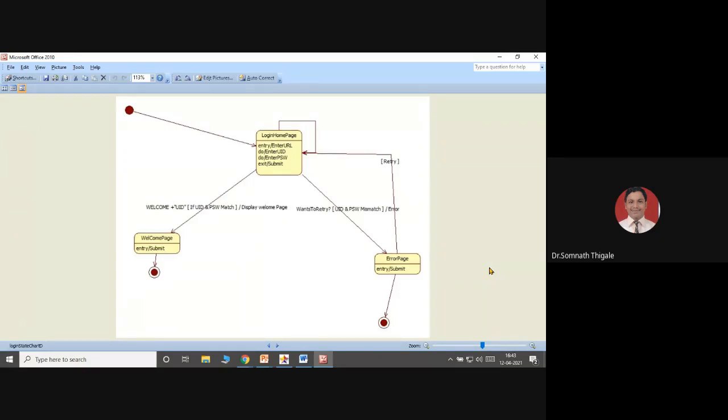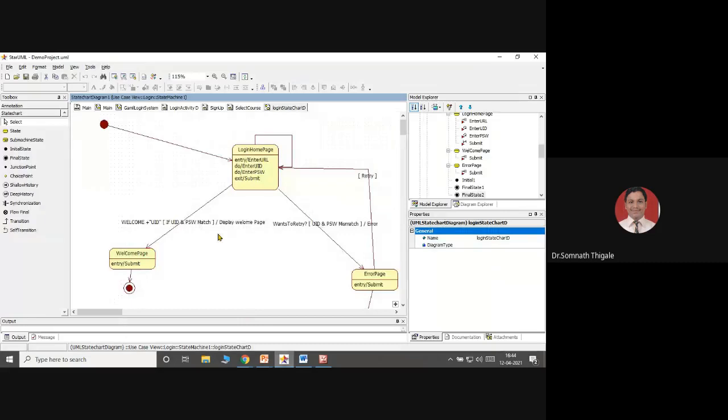So this is what I would like to show you. There are still more options, but that will be based on the tool's efficiency. So this is the basic idea about the activity diagram and the state chart diagram, or state diagram simply. Any doubt there?